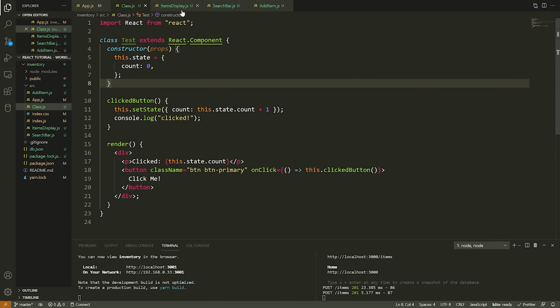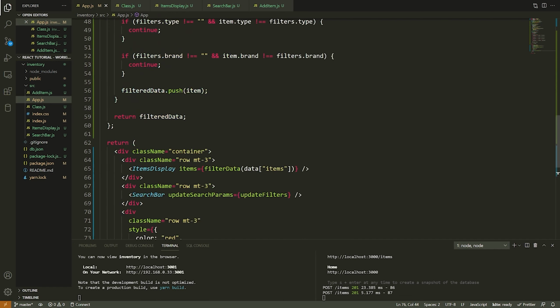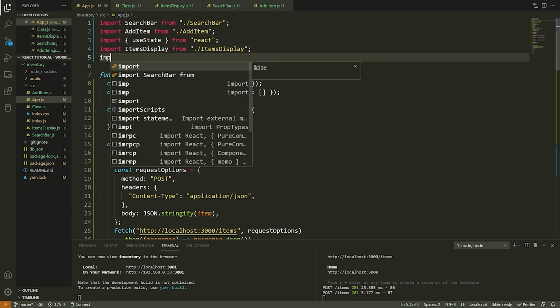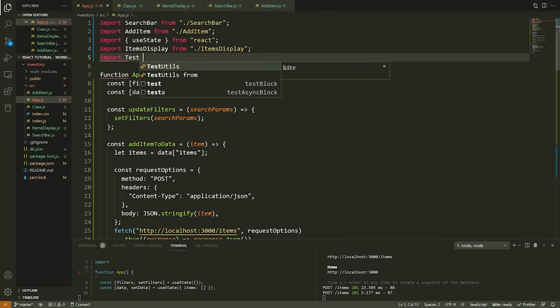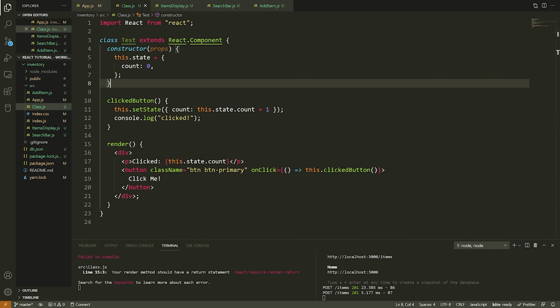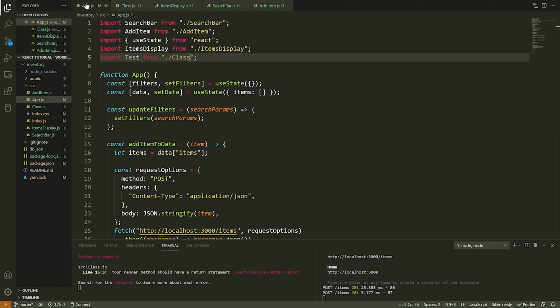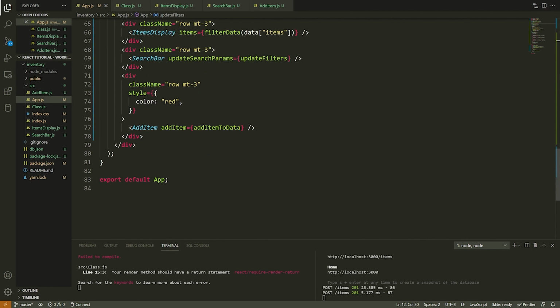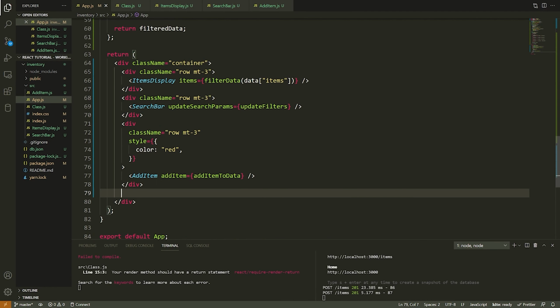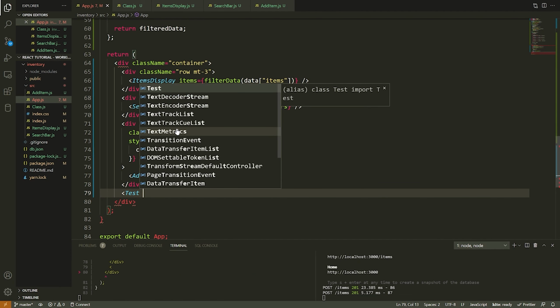Okay, so what I'm going to do is render this component. So let's go to app.js, and let's render it at the bottom of the screen. We need to import it first. So we'll say import Test from './class'. We don't need the .js though, and I need to export it. So I'm going to say above here, export default class. Okay, nice. Now we have that, so we can render it. So we'll go down here. I don't even need to put it in a row. I'll just put it down here and add the Test tag like that.